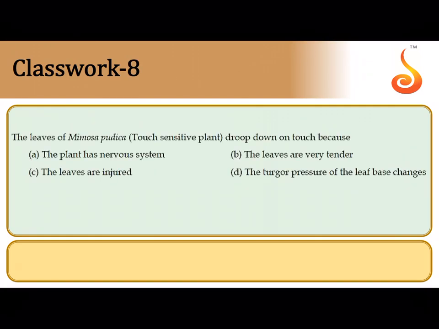The eighth question says the leaves of Mimosa pudica, which is called the touch-me-not plant, are touch sensitive. Whenever you touch the leaf of this plant, the leaves curl up into a bundle, and that is because there are changes associated with the turgor pressure seen in the base of the leaf, or what is referred to as the leaf base or the pulvinus. That is where you can see the changes happening in the turgor pressure, and that causes the leaves to curl or to shrink.